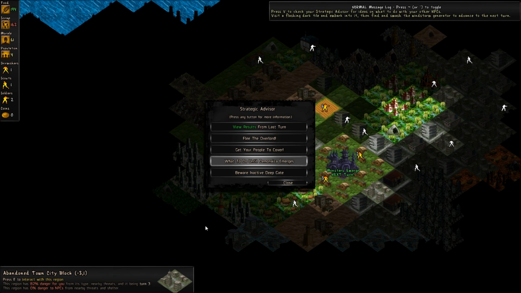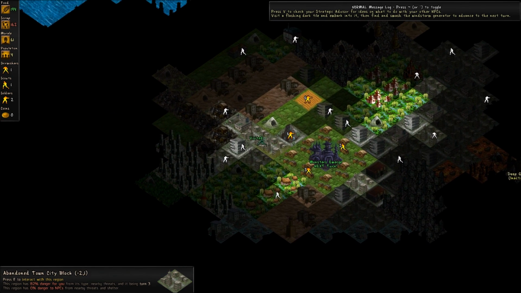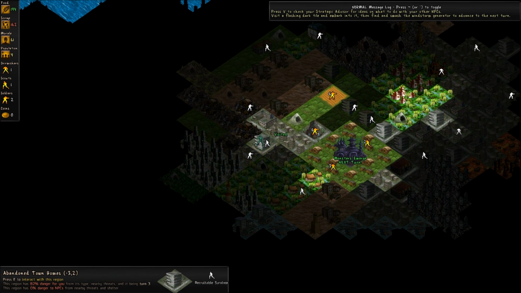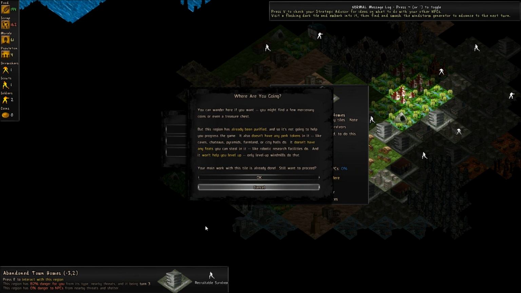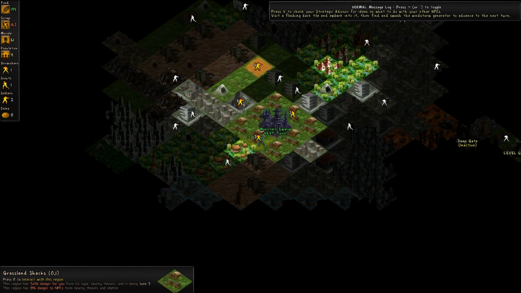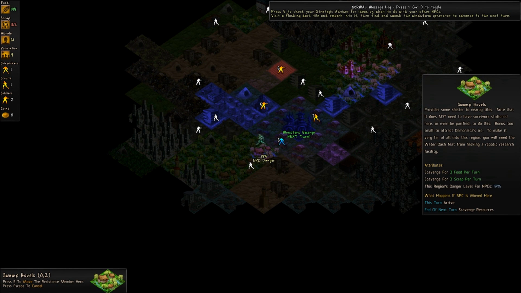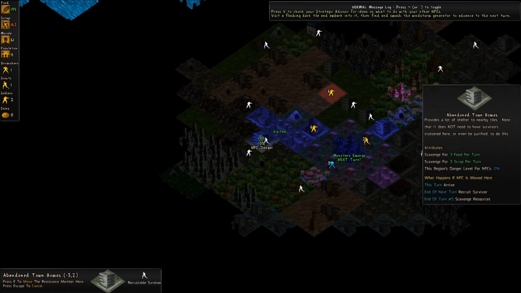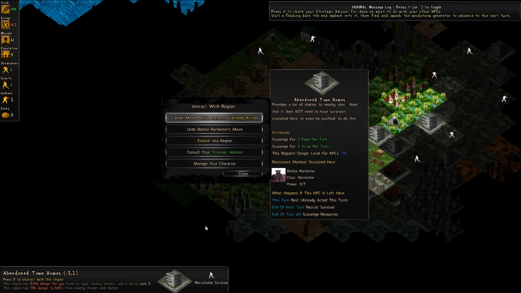All right, let's see here. So let me do that. Let me check this here. I don't have any, it doesn't look like. What is this? Rescuable survivor. Yeah, I've already been there. Well, let's see if we try to move one of these guys over there. There's a percentage NPC danger. There's 0% here. And is he going to...